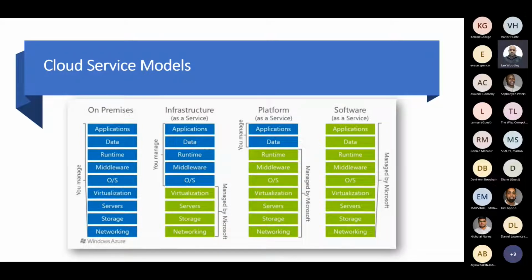Well, it cuts the coding time down tremendously. Developers don't have to code every component of the solution, with these PaaS services coming with components built in, such as workflows, directory services, sometimes security services, and search. So it's a complete development and deployment environment in the cloud. And with platform as a service, the major aspect that we'd like to remember is that we only manage applications and data.